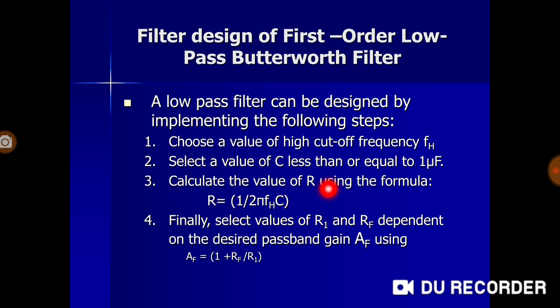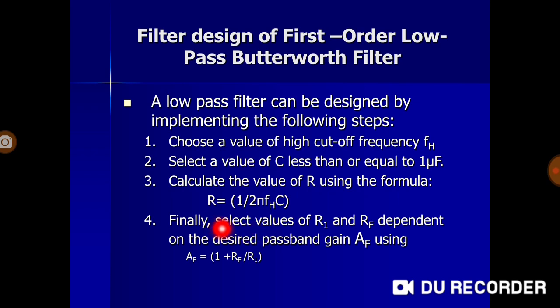The next thing is the first selection that we need to make, of C, the capacitor. It should be less than or equal to 1 microfarad, preferably less than, because standard values of capacitors are available and lesser values are preferable here. Beyond 1 microfarad, the value becomes very huge as capacitance or the reactance offered, so it somehow disturbs the overall performance of the filter. So this is a critical value of capacitor and has to be kept in mind.